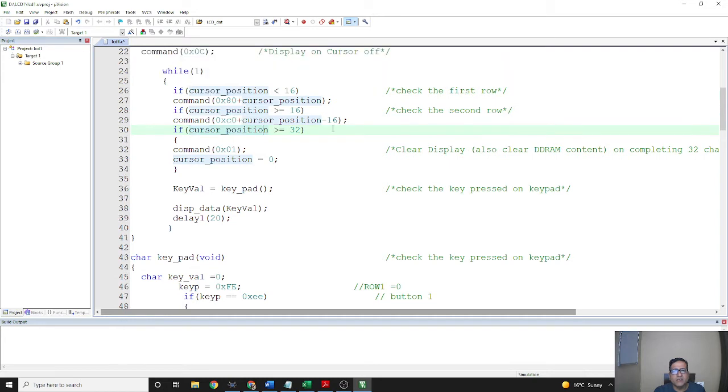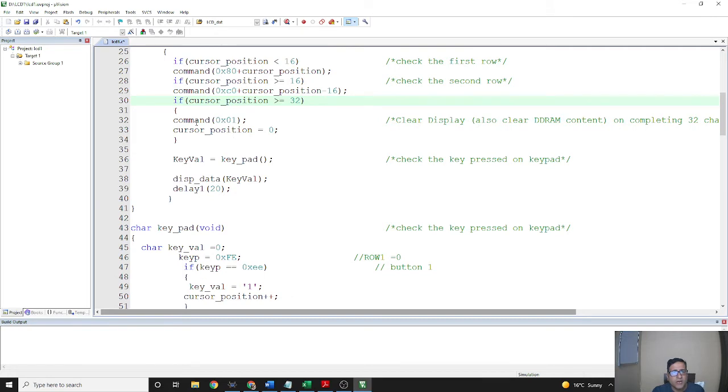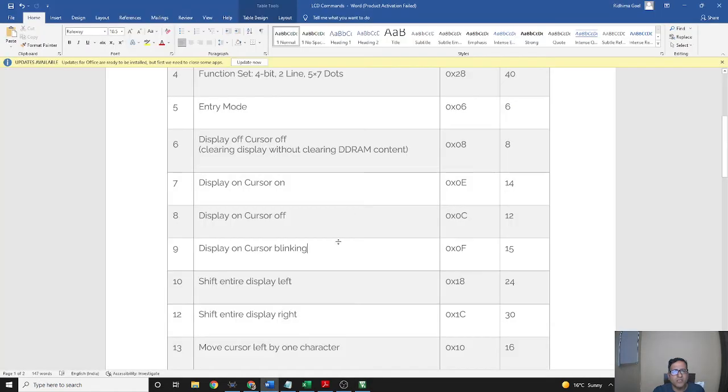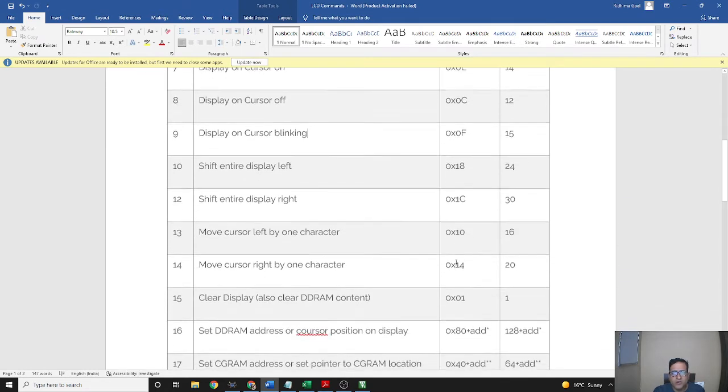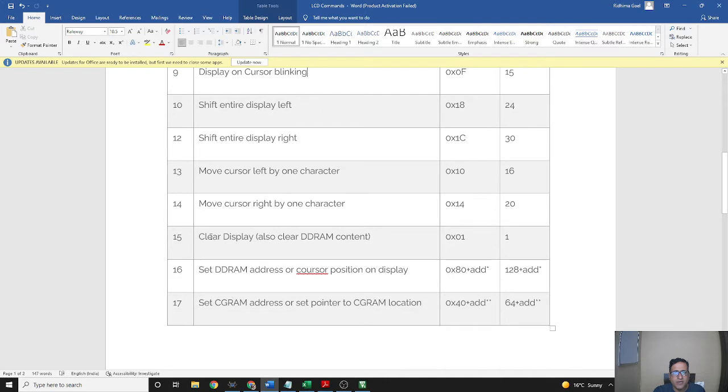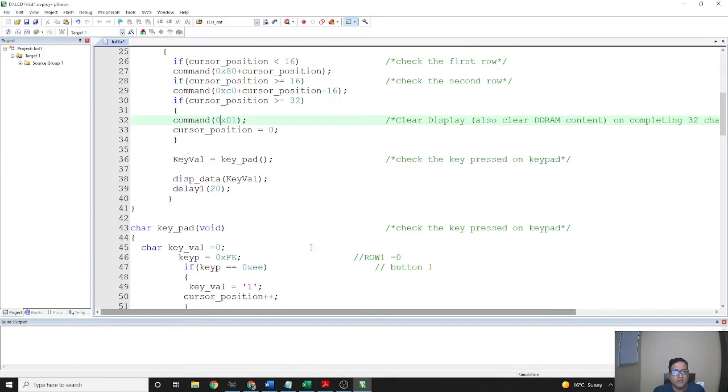And in this we can see if the cursor position is greater than or equal to 32, then the LCD will be cleared. For this we have the command 0x01. We can see from this command window that by doing this we can clear the display. Here at the 15th point you can see that by giving 0x01 the display will be cleared.